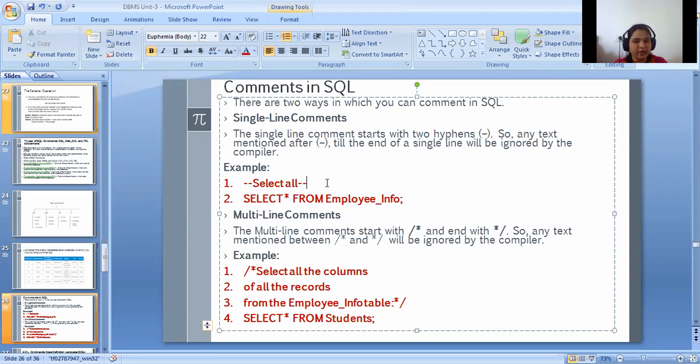Suppose there is a table available, employee info, and we want to see the table of employee info, then we can fire this query. Select star. Star means all. We already learned this concept. Select all from employee info. This query shows the employee info table, its attributes as well as the records that come under it.